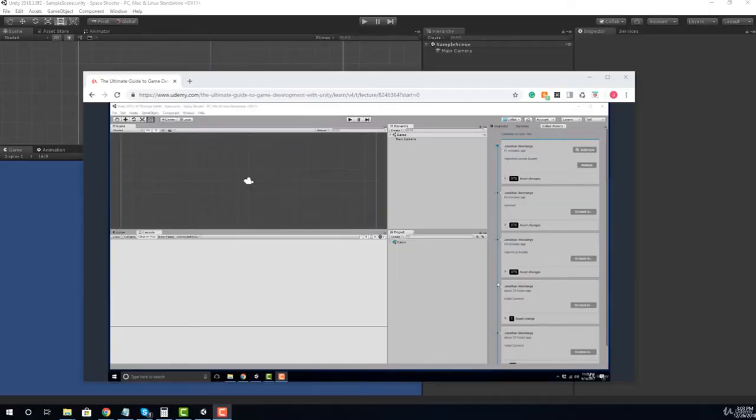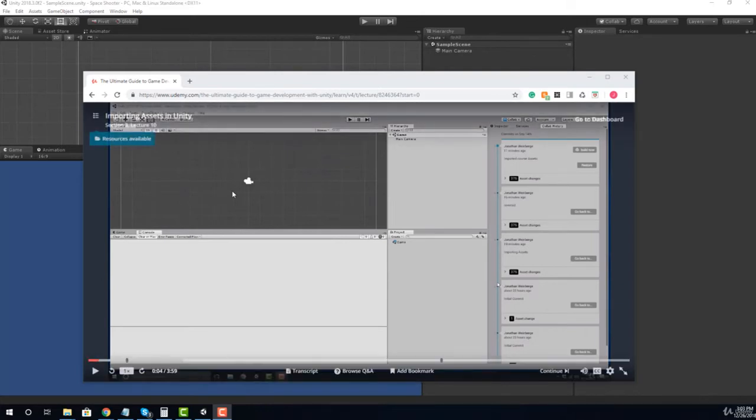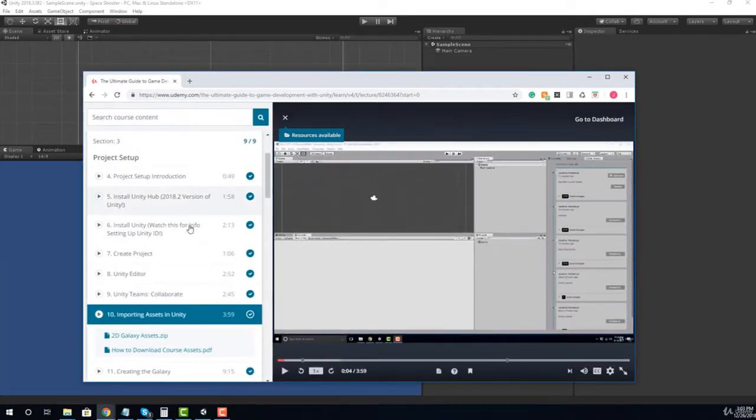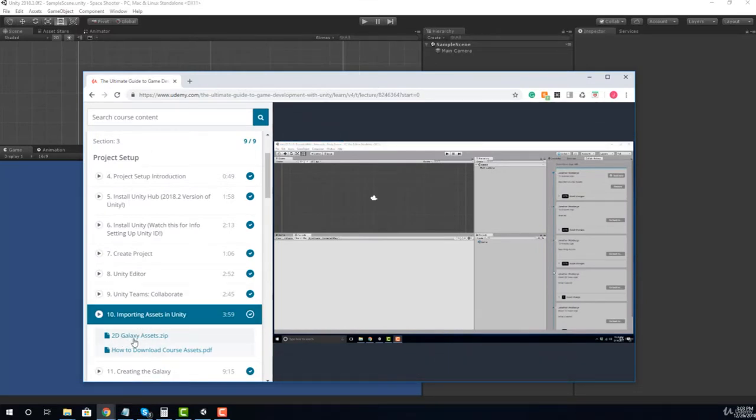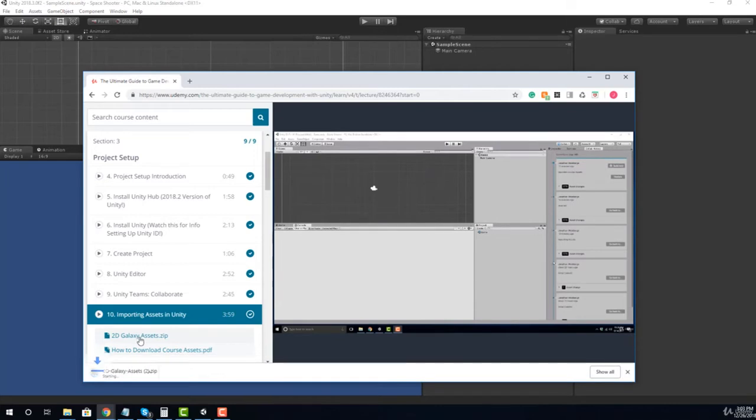In this video, we are going to import the course assets for the Unity 2D Space Shooter game. Now, if you're watching this video, if you hover your mouse here, you'll see that there's a resources available icon in the top left. Select this little blue label, and that's going to slide out this info panel, and you want to click on 2dgalaxyassets.zip. That's going to automatically download the assets, and once you do that, you need to go to the folder